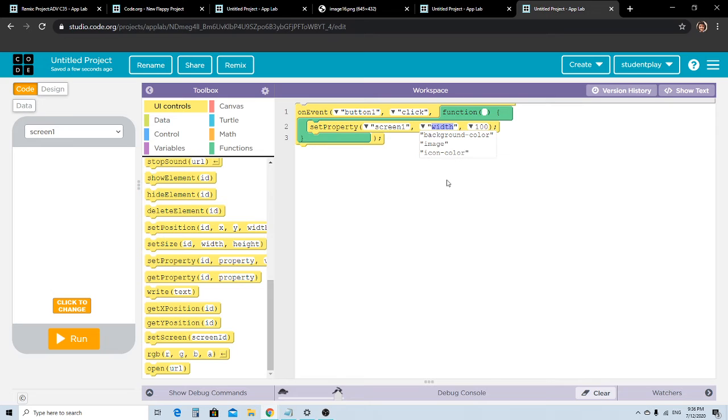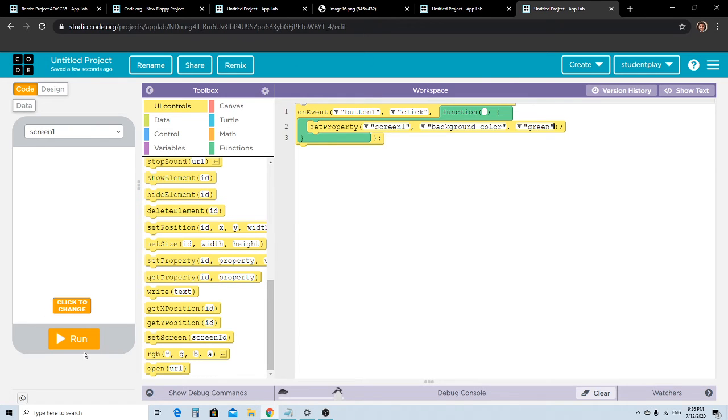You can change the color, the image, and the icon color. So I'll put in background color. See, it's red. We can put red, blue, green, or RGB. We are not going to go to RGB now. So maybe I want to choose green.